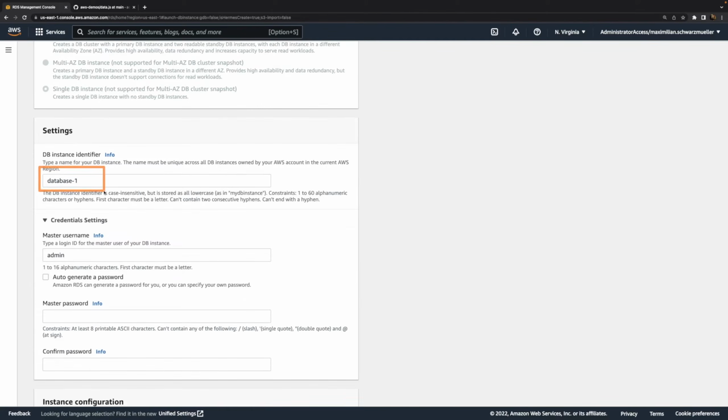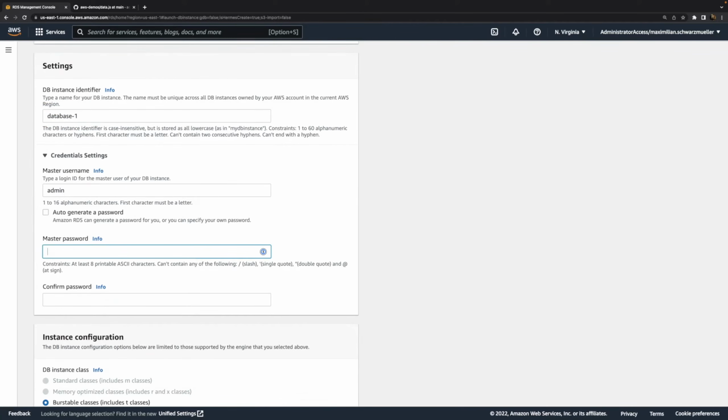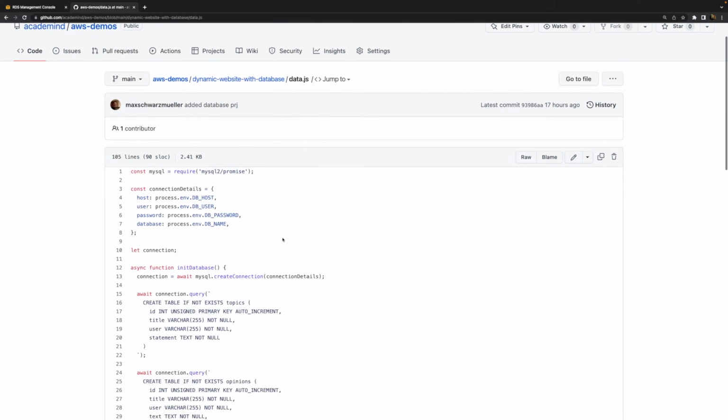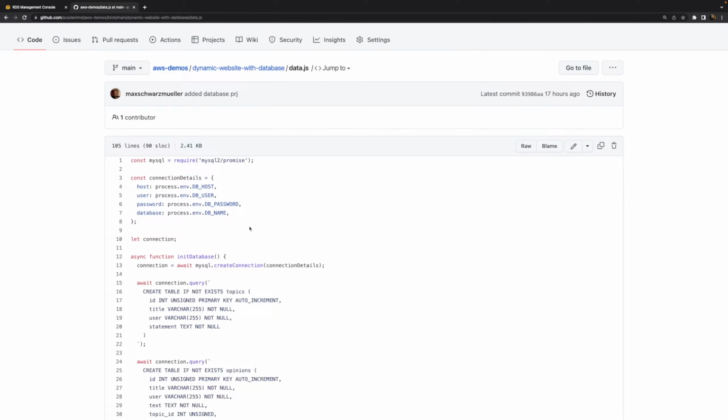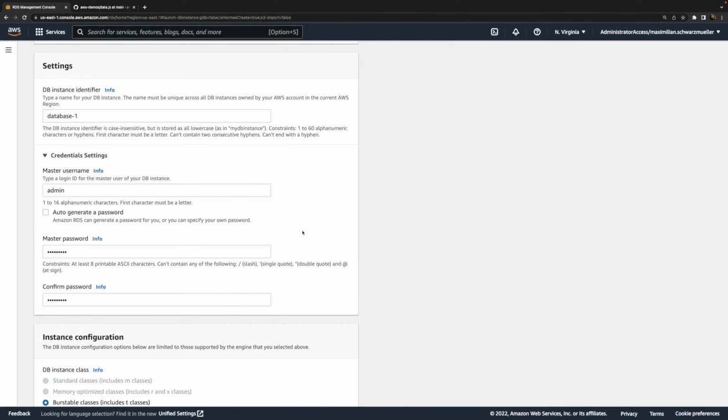Now you also have to assign a database identifier and then some credentials, which will also be important for connecting to the database later. Here I'll assign a dummy password, which I want to use. You can choose any password you want, but those credentials will matter later in the application code to connect to that database. We need things like the username and the password here. And here I'm extracting that data from environment variables. I'll show you how you could set those later, but you definitely need those credentials to connect your application to